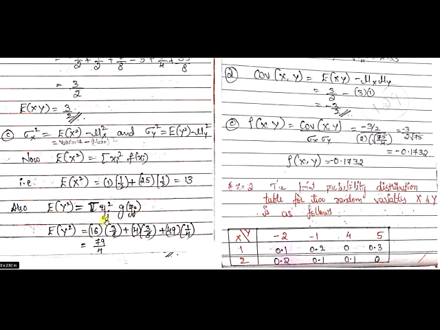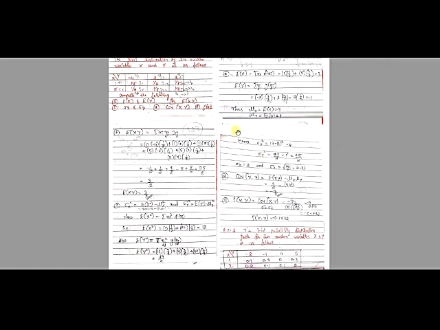Now you have to see the y distribution. What is the y distribution? I think now we can see here: this is y1, y2, y3, and g of y1, g of y2, g of y3. See here, what is the formula? The formula is summation yj square g of yj.